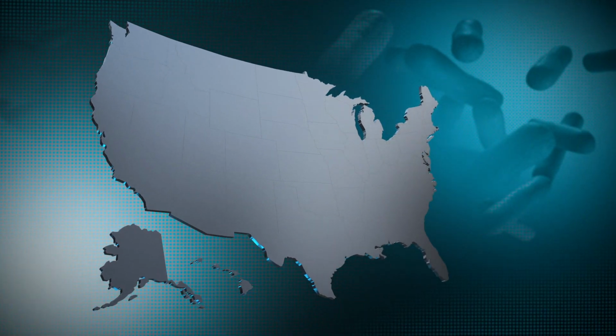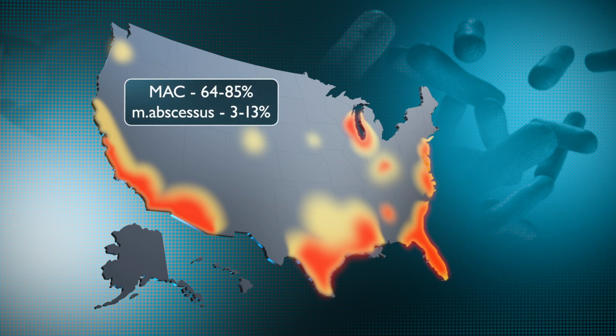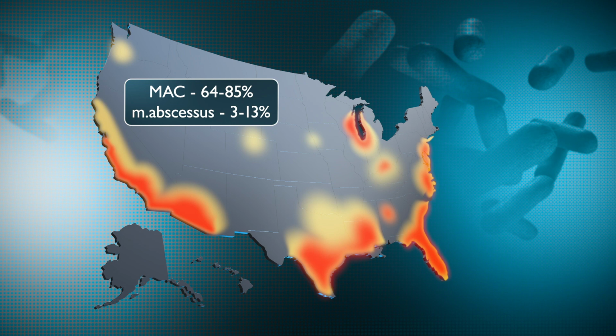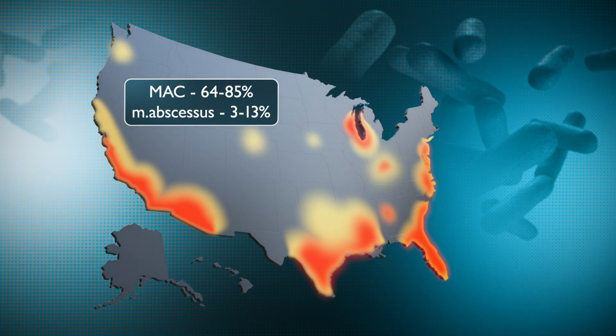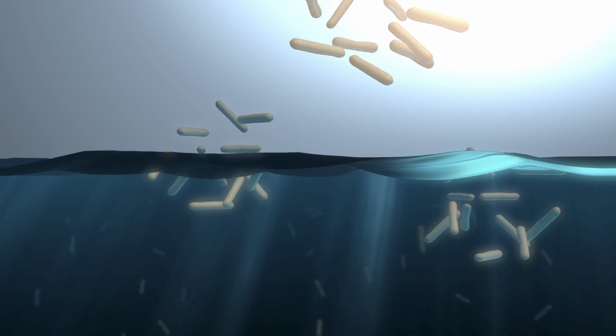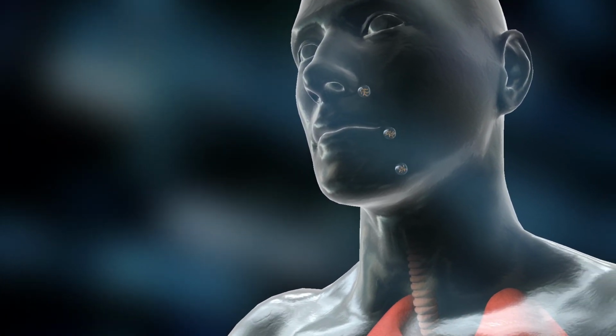MAC and Mycobacterium abscessus are particularly prevalent in the United States, with MAC identified in more than 80% of NTM cases. These organisms can be found in environmental sources that include drinking and natural water, water aerosols, such as are encountered with indoor hot tubs, soil, and dust, all of which can be ingested or inhaled. Exposure to NTM does not result in infection in most people. However, evidence indicates that infections that do occur are transmitted from the environment and not person to person.